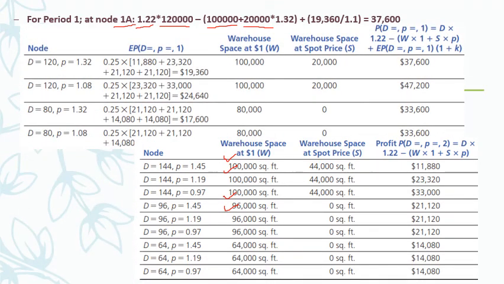See here, add these four, and without forgetting, multiply it by 0.25. I am reiterating this point. This is very, very critical. Many students will commit a mistake here. They will not multiply it by 25%. Why do we need to multiply it by 25%? Because that is the probability of occurring. Probability of occurring is only 0.25.